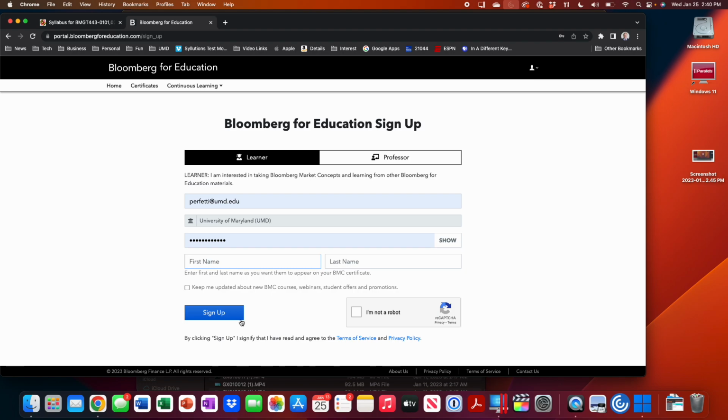But here's the key: the only way you get the complimentary option is if you use a umd.edu email. So our deal with Bloomberg is anybody with a UMD email can take the certification for free. Now, if you're just rich and you don't care, spend the money. It's up to you, but I like free. So it doesn't cost you anything to get certified using a UMD account. Choose complimentary. Once you do that and log in,